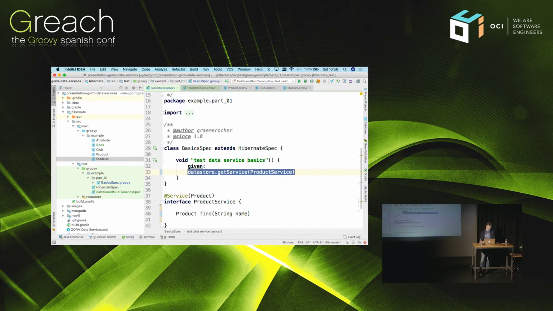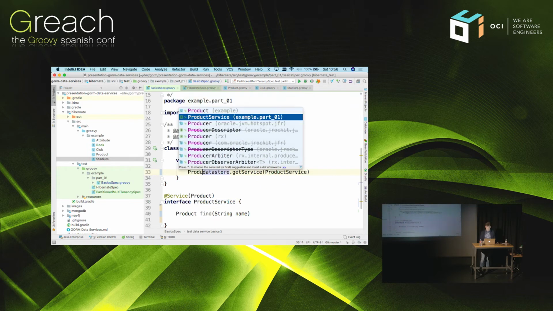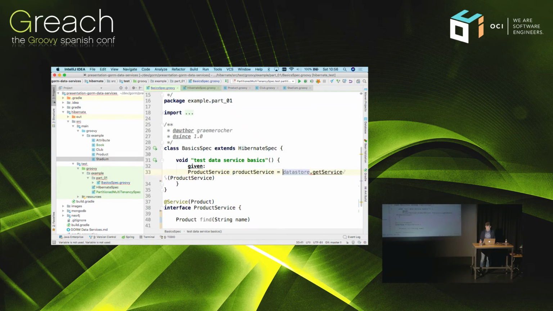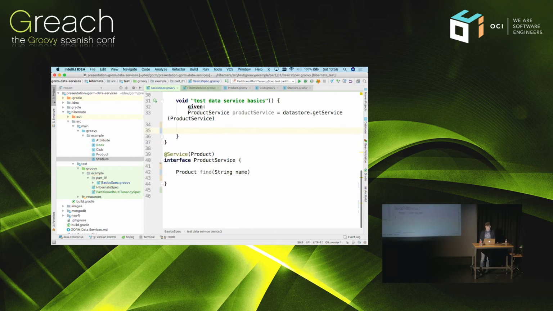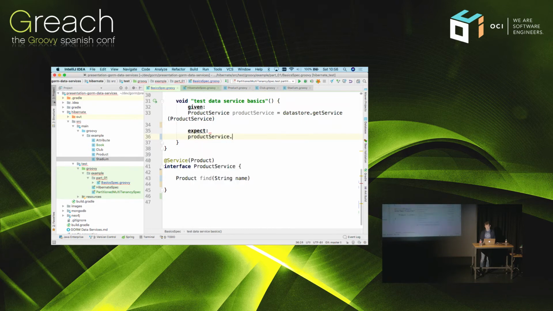In a Grails application, or one day in a Micronaut application, you will just dependency inject this. But in this case, I'm going to do a manual lookup. And then you can say expect productService find apple